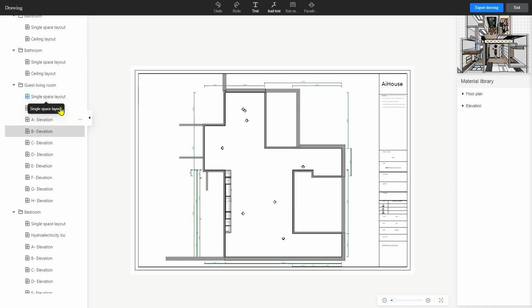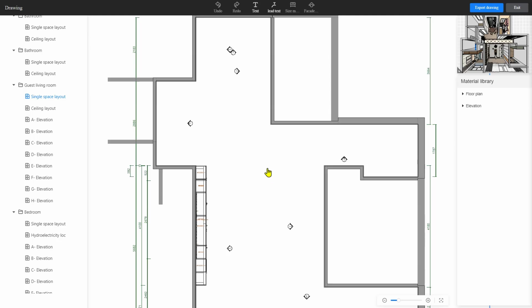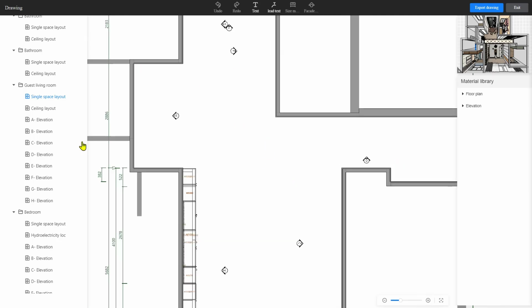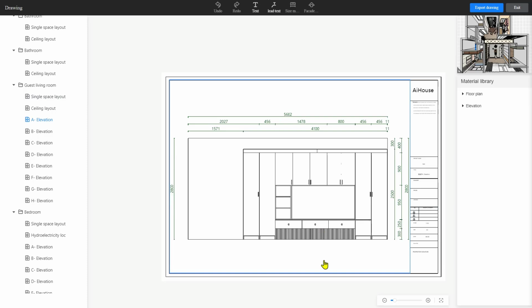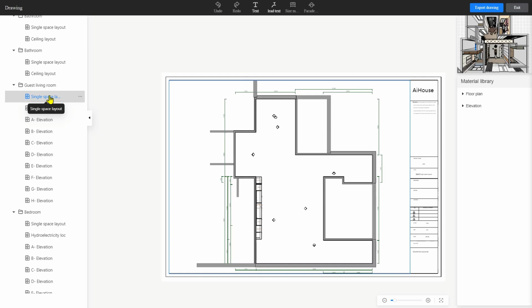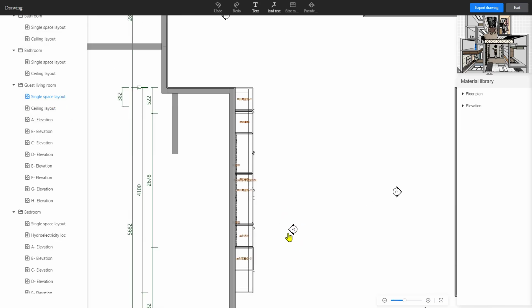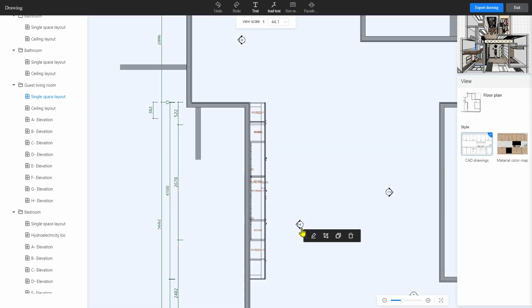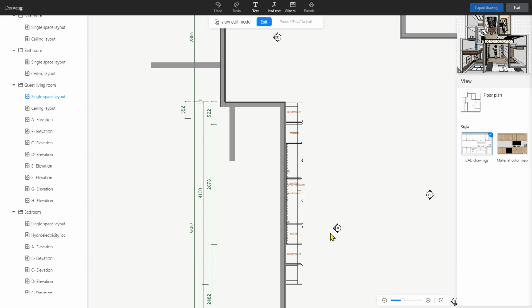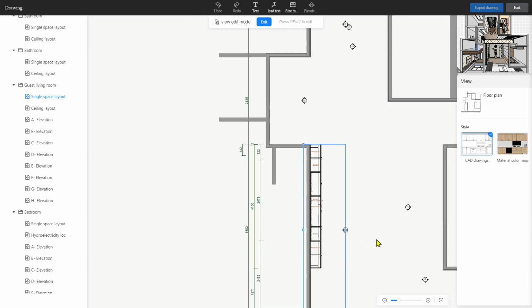And you can left click this single space layout and zoom in to see there are many views for you. And you can go back to the left side to see here has A elevation, B, C, D, E, F, G, H, like this. So let's view this A elevation, and this is for this one. So going back to the single space layout, you can zoom in to find this A view, and if you want to change the A view, you can left click and hit the edit,